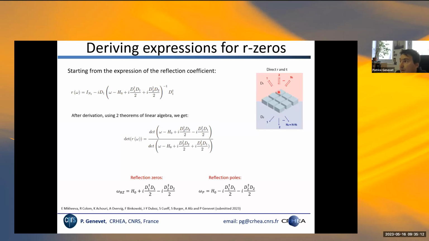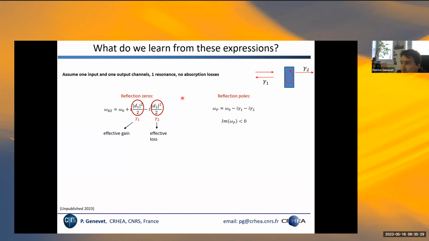So if you haven't understood everything in detail about this decomposition and this coupled mode analysis, what matters is that we were able to express the zeros and poles of a resonant system in a very simple form, where we have the resonant frequency and the coupling terms to the environment. And now we can study, let's suppose, only one resonance and one input channel and no absorption. So we have only one mode, and we have light coming in. Light can be reflected or light can be resonantly transmitted.